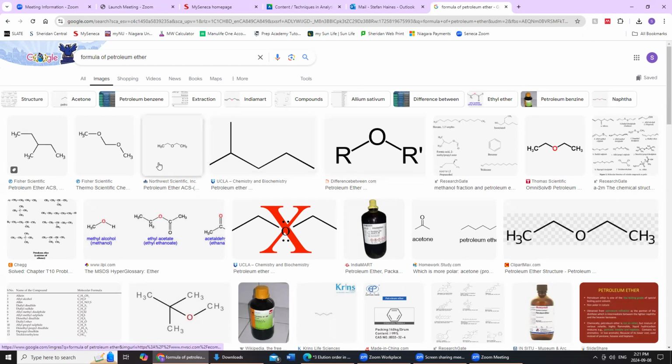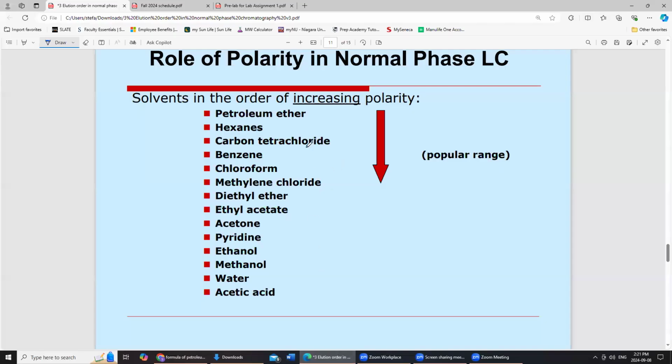If you notice, an ether has an oxygen in there, right? So I guess any kind of ether has a single bonded oxygen in the middle of the chain. If it's more symmetrical, then it will be less polar, right? But if the chains are different sizes, the polarity will increase. Anyways, so increasing polarity, hexane would be your